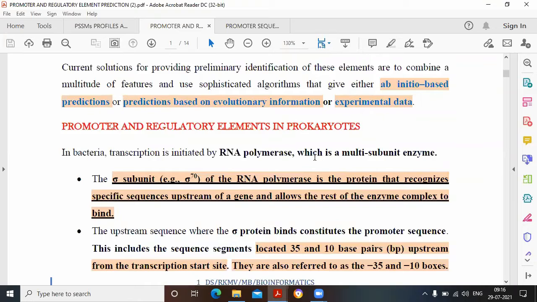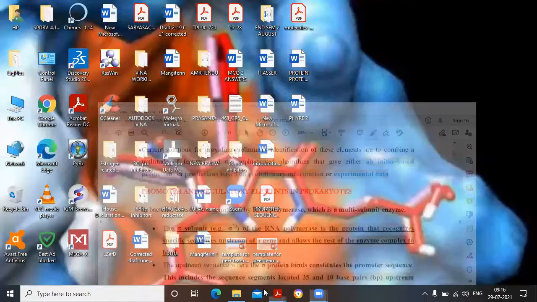Now, the promoter and regulatory elements in prokaryotes. If you are talking about prokaryotic promoter elements and the different regulatory elements, you need to better understand how these transcriptions are actually happening, and how basically these